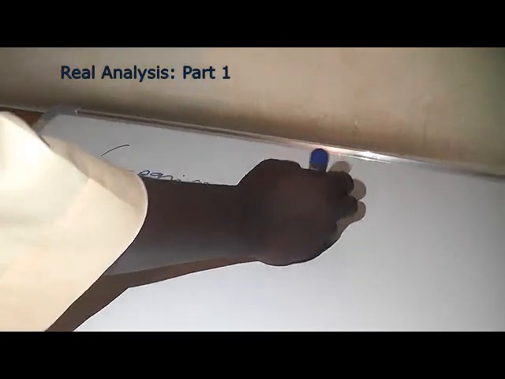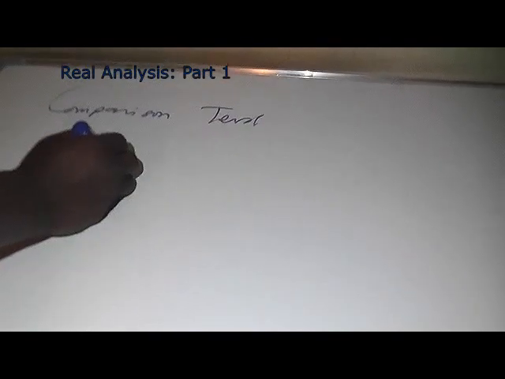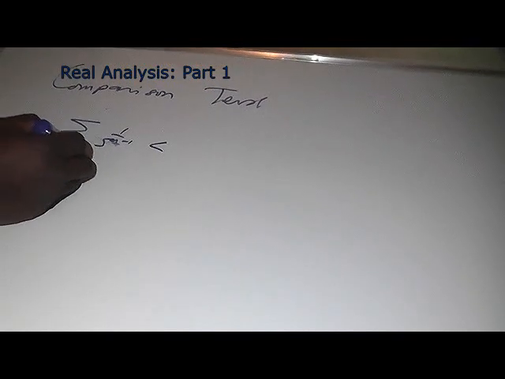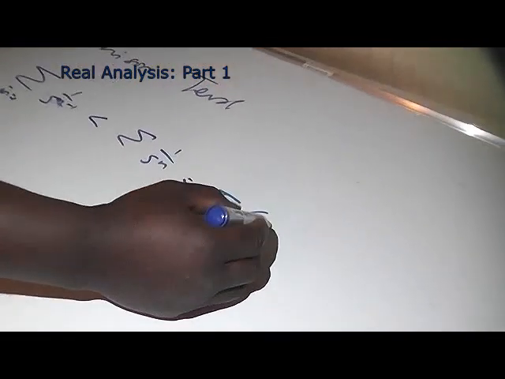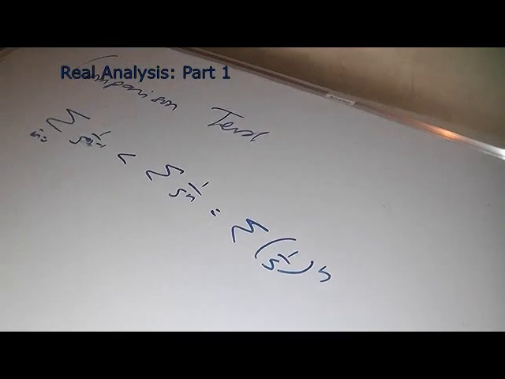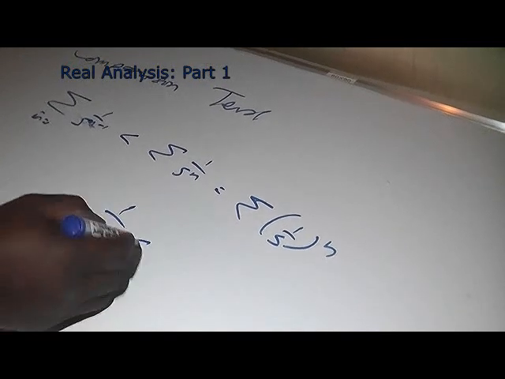So the next thing is to check the comparison test. If you have the summation of 1 over 5n, or maybe 5n minus 1, if this series, n running from 1 to infinity, is less than or equal to 1 over 5n, which is equal to the summation of 1 over 5 to the power n. Now since this converges, because this is 1 over 5^n less than epsilon,